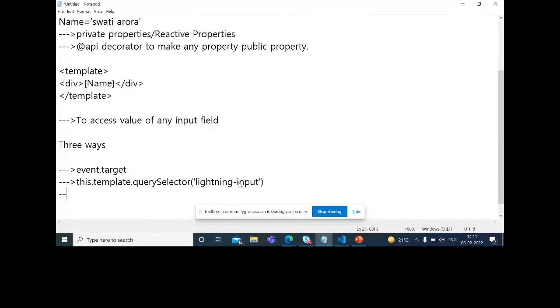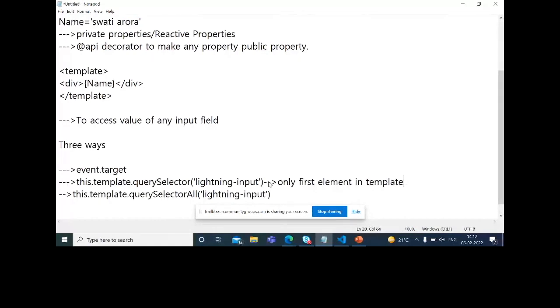Third way is this.template.querySelectorAll with lightning-input. The querySelector will query only the first element in the template.